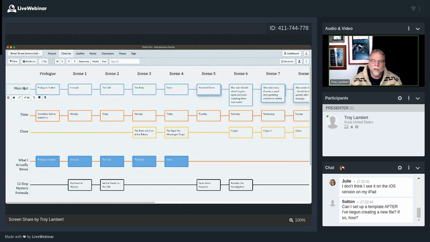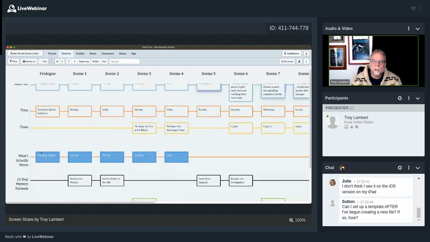This main plot, this is what I plan to write. Now, I know it probably doesn't happen to any of you, but for me, sometimes I write something different than what I planned, so it doesn't turn out exactly the same way. So what I do when I come down here, these scenes right here are already written in this book,